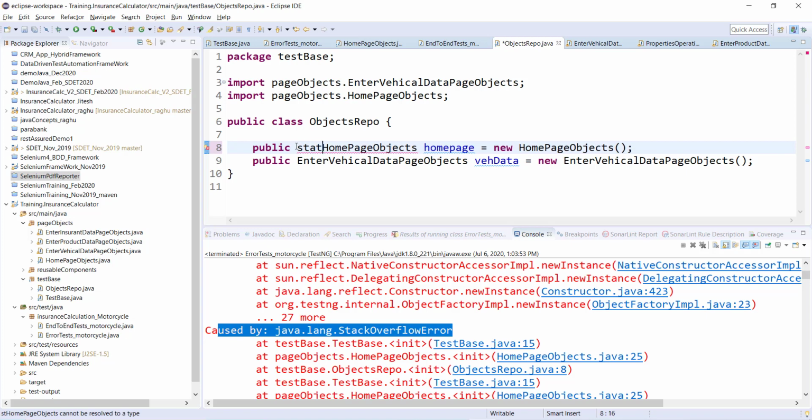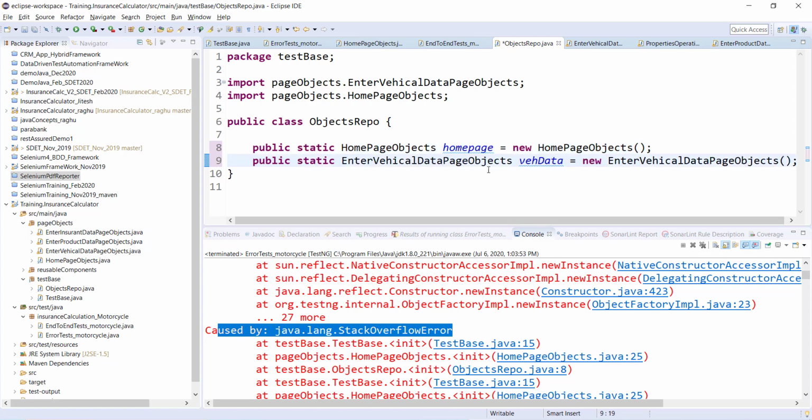Again, in our next framework we are not going to make anything static, but I just wanted to show you how we can code in different ways. So I will just create these objects over here, and I will initialize them in my